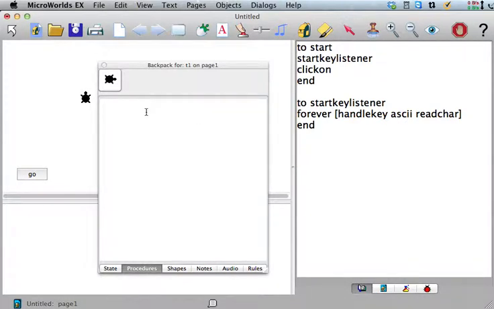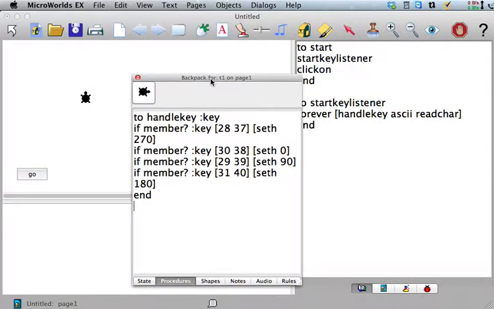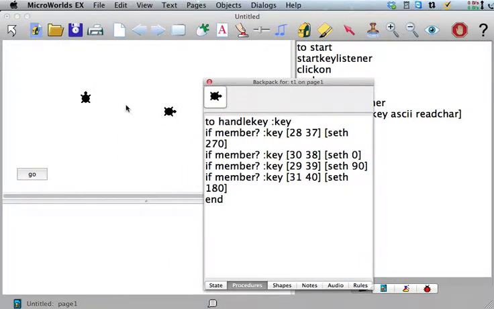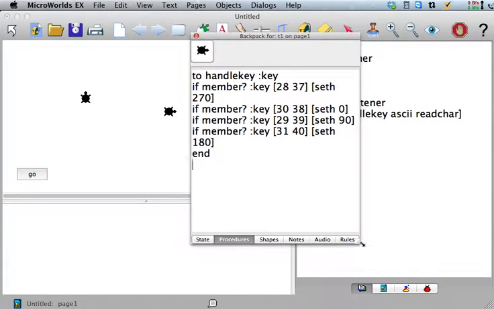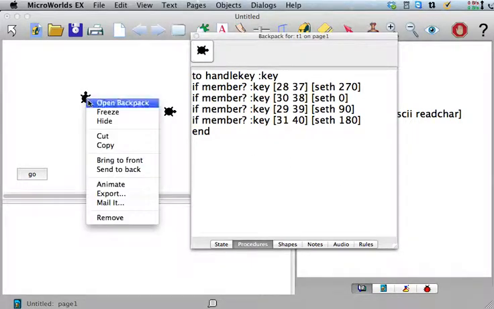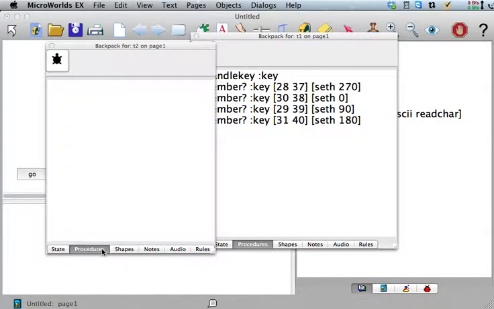I'll just do a cut here and a paste right there. And let's say that this is the guy. Let me just slide this a little bit there. And let's say this is the guy we want to steer with